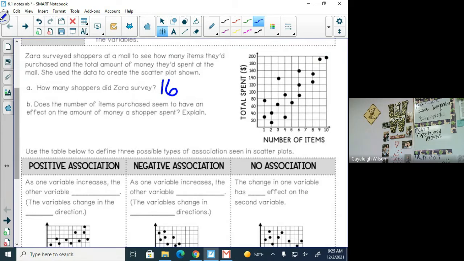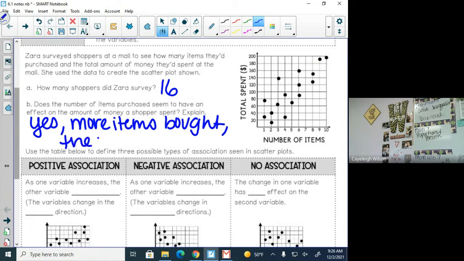Alright, so let's talk about here. So like I said, 1 shopper spent about $35 on 1 item, 2 items is about $18, 4 items is about $35 again. But it looks like as the items increase, so does the price. So would you say the amount of things that they buy affects the amount that they spend? Yes. So it does look like the more items bought,